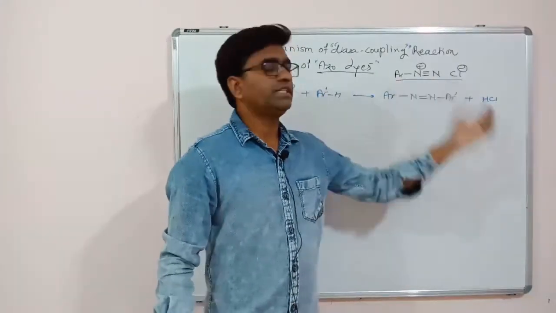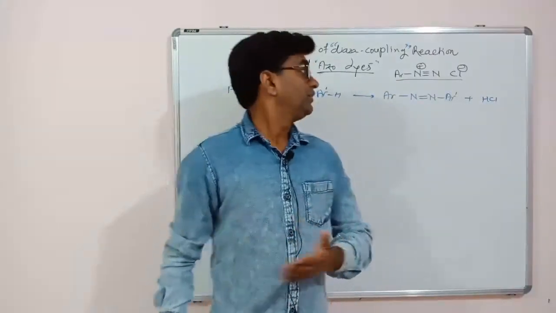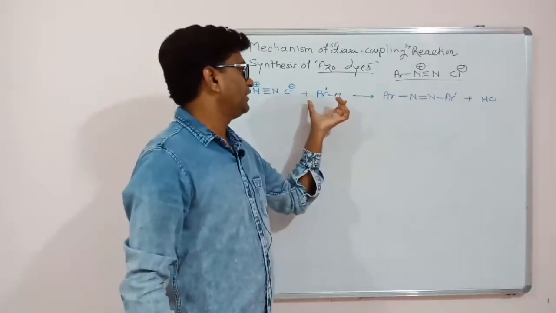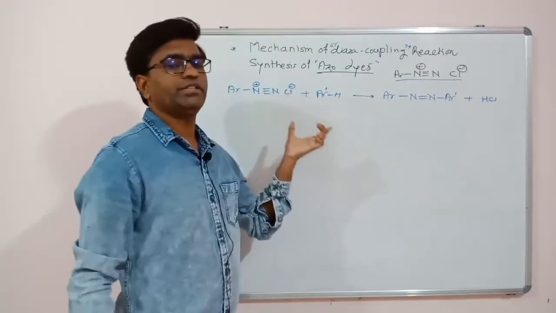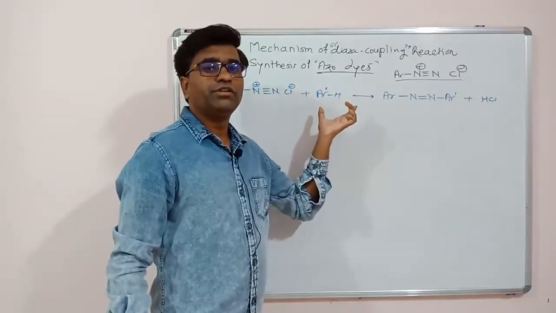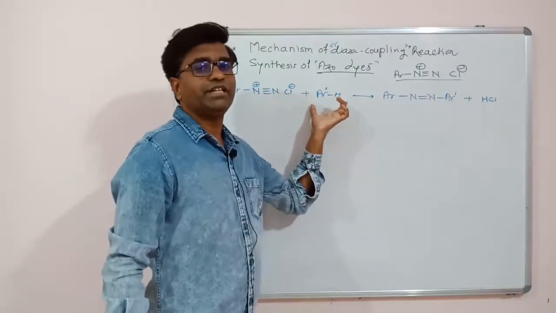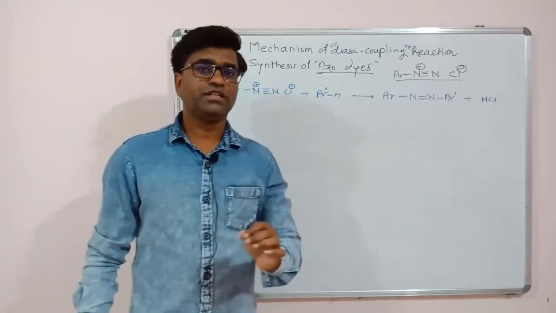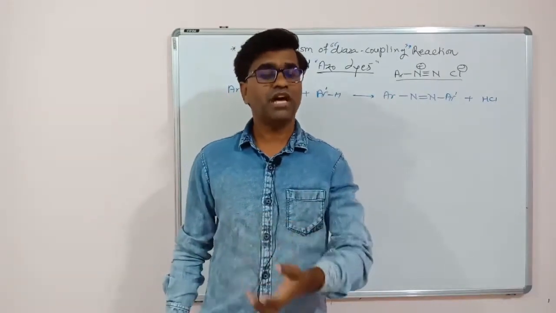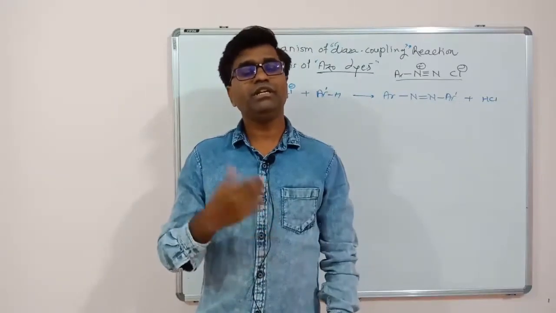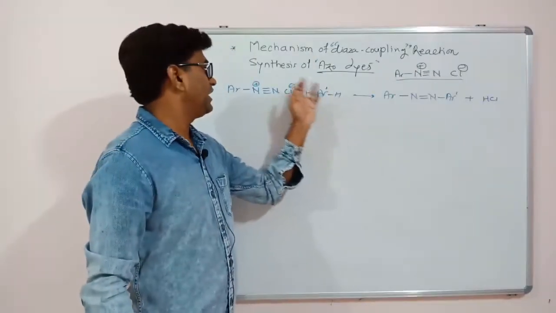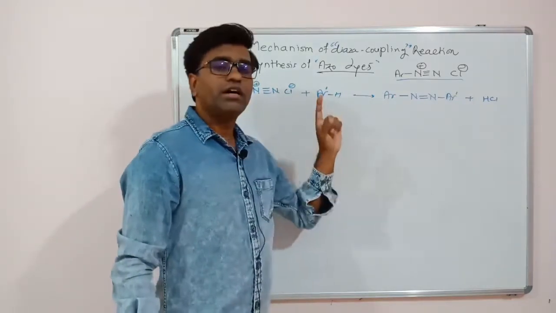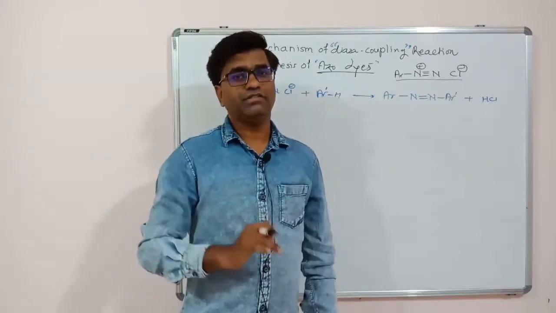Friends, our electrophile, that is aromatic diazonium chloride salt, is a weak electrophile. For that purpose, the aromatic ring that you are going to react with this diazonium chloride salt should have very nucleophilic character, or be very activated. It should be substituted with groups having plus I effect or plus R effect, so that the aromatic ring will be activated and can easily react with our electrophile. As our electrophile is weak in nature, our aromatic ring must be activated.